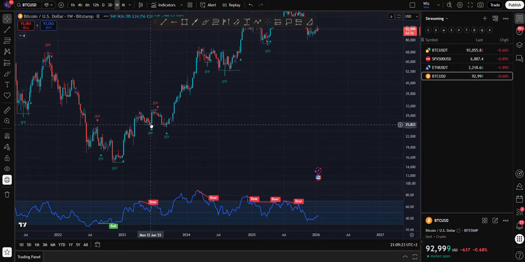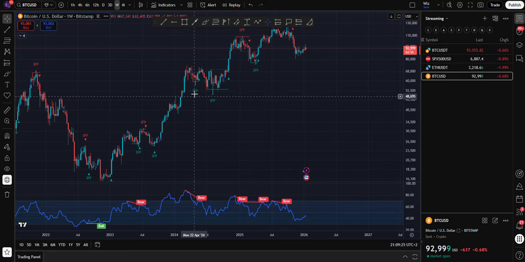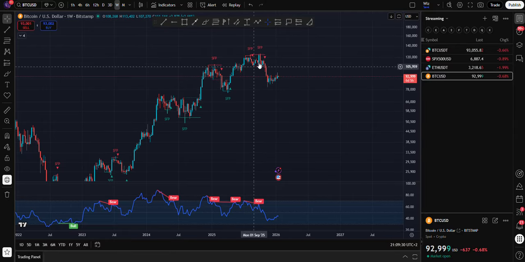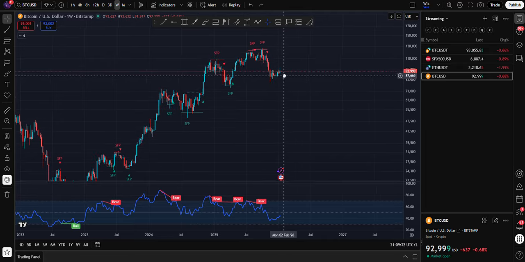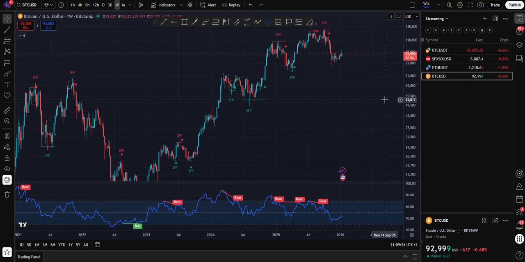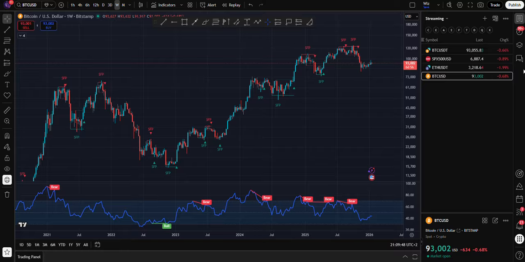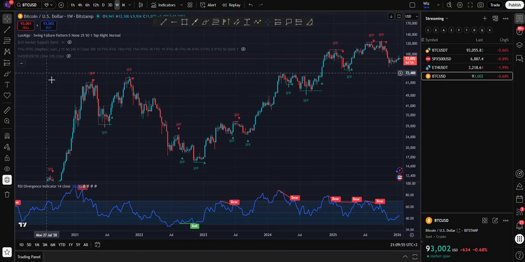Then we have more SFPs, as you can see, on every bottom and every top. Another one here and here and here, and we have two here. So all in all, this is a very high time frame indicator for spotting the market tops and bottoms. This is the first point that I had to discuss, and then I'm going into the next one, which is